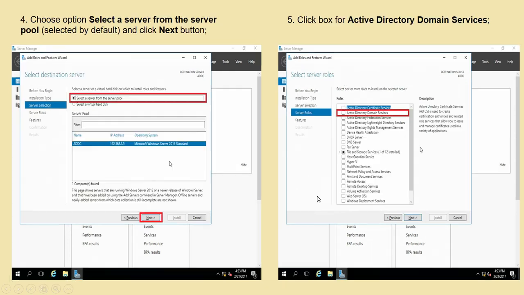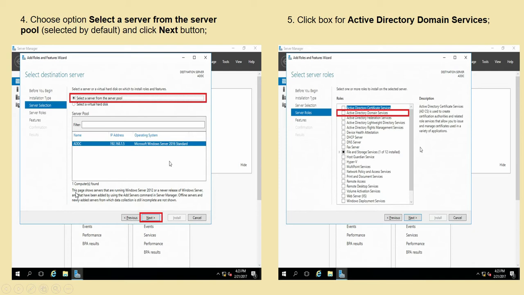Then for the fourth step, choose the option to select a server from the server pool, which is selected by default, and click Next. Now the installation type is complete, so go for server selection. Here you have to select a server from the server pool, then click on Next.